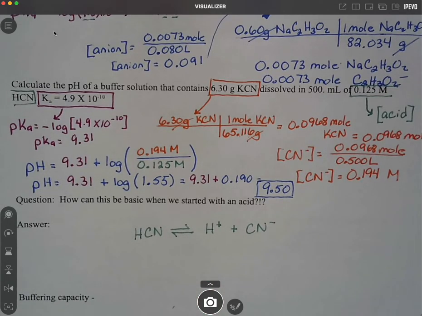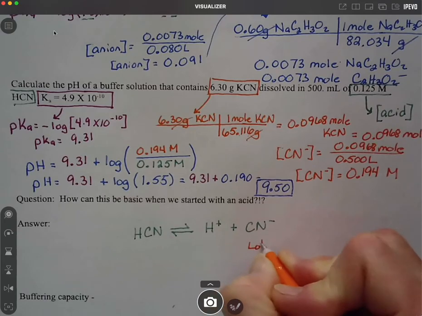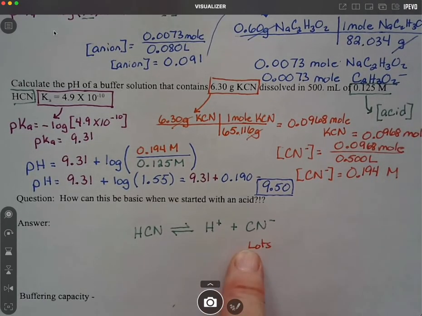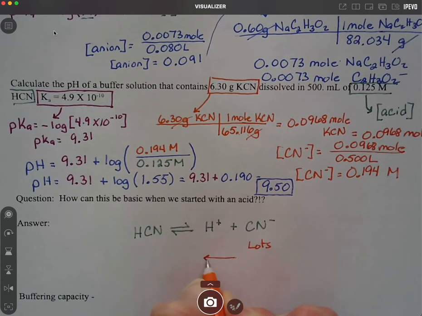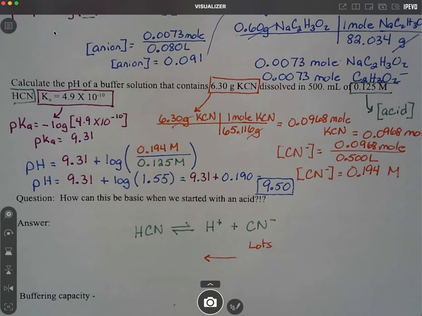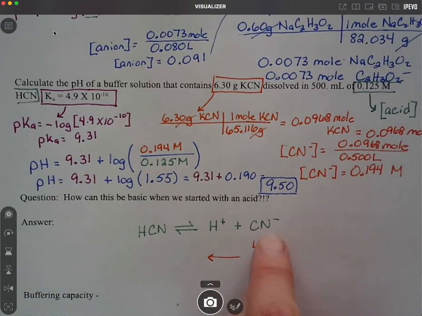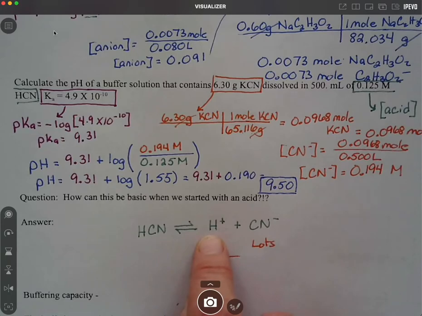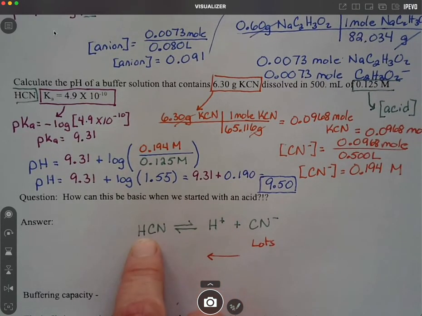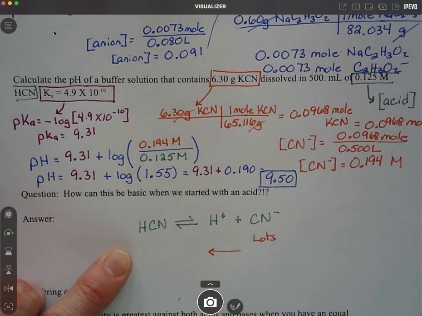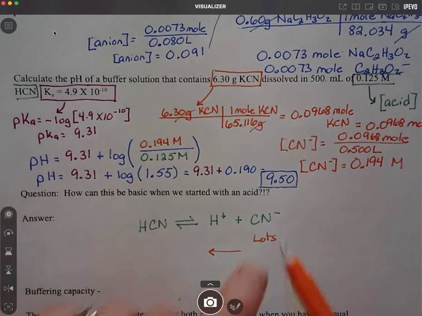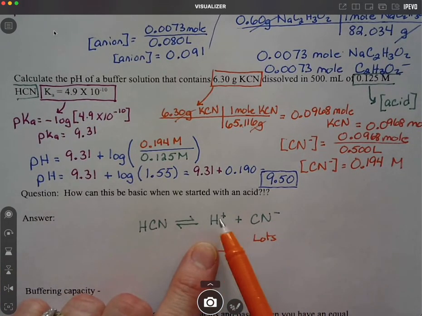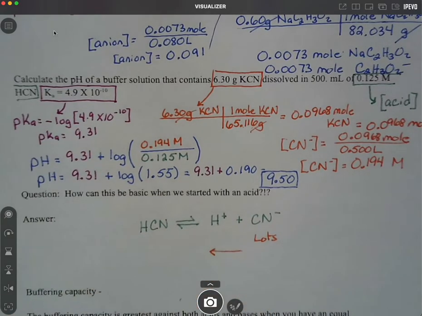However, if I come along and I add lots of cyanide ion, which I did, adding that lots of cyanide ion causes the equilibrium to shift back to the left again. And in shifting back to the left, I have apparently added enough cyanide ion to snag enough of these hydrogen ions from the acid, pushing them back over here to actually take the pH out of the acidic range and into the basic range. The cyanide ion grabbed so many of these that we got rid of them,